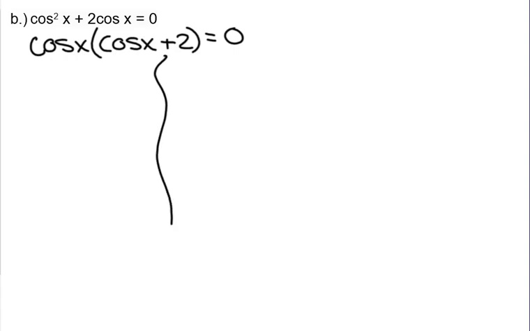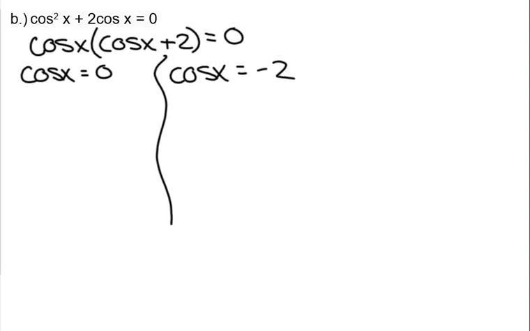B, cos of x plus 2 cos of x is equal to 0. Here I notice I've got a common factor. So I'm going to take out a cos of x, and I'm left with cos of x plus 2, and that's all equal to 0. Well, I've got my factors now. I can split and set each of my factors equal to 0. So cos of x is equal to 0, and cos of x is equal to